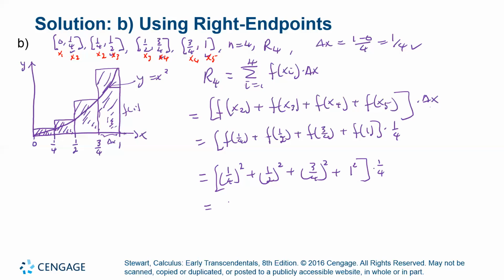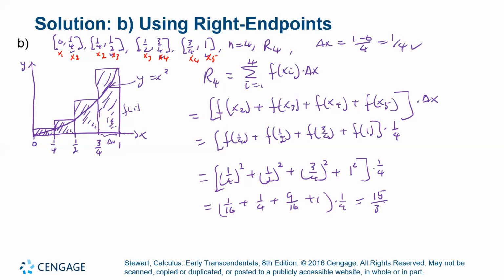So this gives me 1/16 plus 1/4 plus 9/16 plus 1, times 1/4, and that will give me 15 over